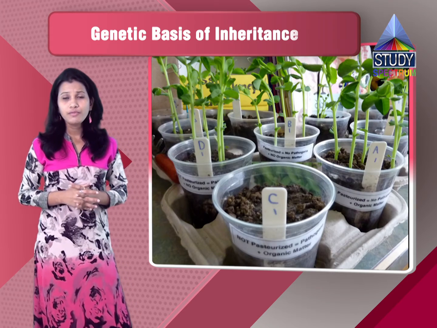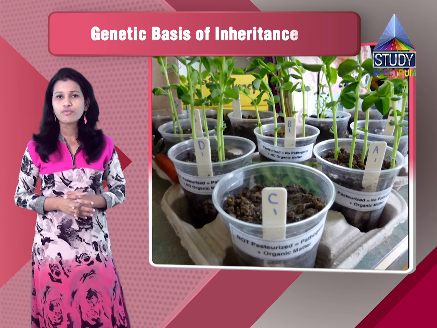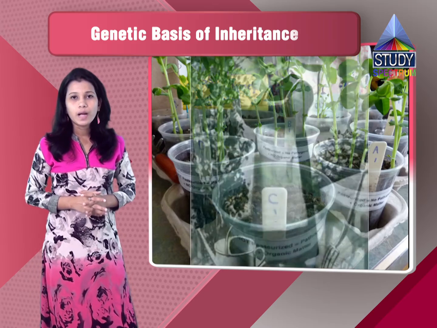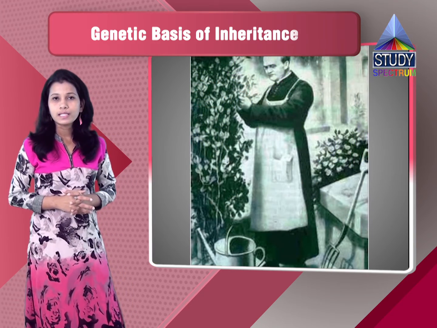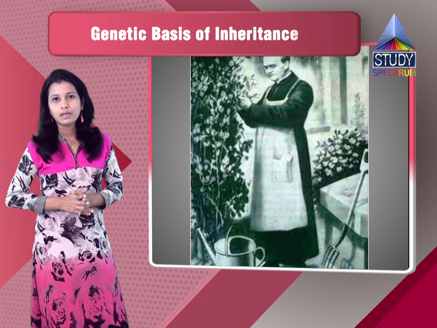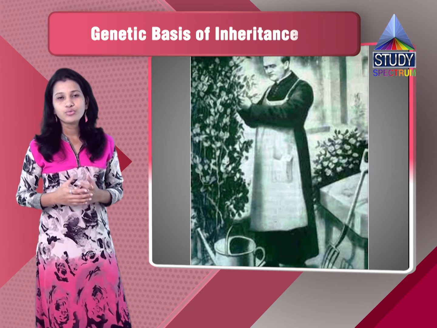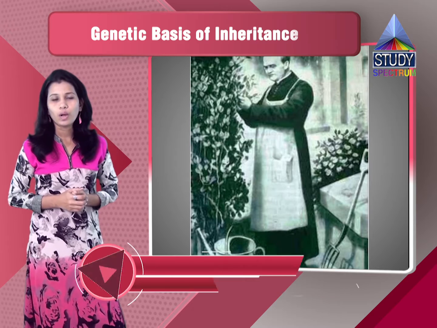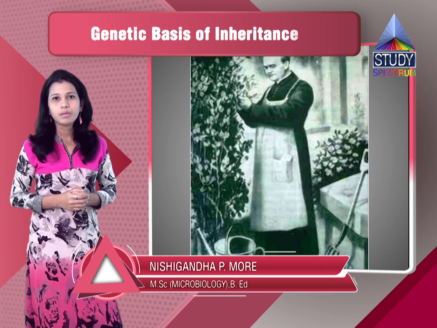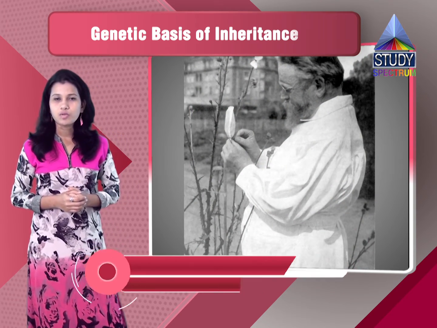And then we have also seen that Mendel selected the garden pea plant. There are various reasons for the selection of this plant. The garden pea plant is an annual plant, and it has many contrasting characters. Plus the short lifespan of the garden pea plant made it easy for Mendel to conclude results and do his experiments frequently. There were many other reasons why Mendel selected the garden pea plant, and because of this Mendel got success in his experiments.